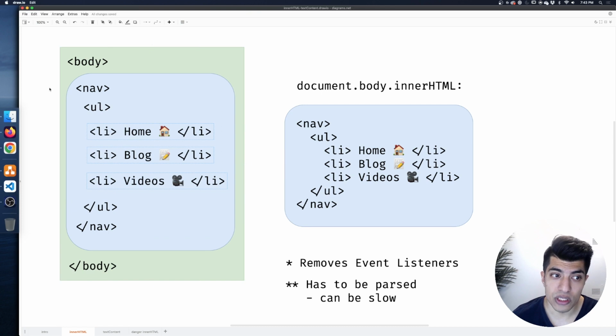Okay, if we were to do this on the nav, we would be getting the UL and all the list items inside of it. It's all of the HTML that's nested inside of that element that we're asking for the innerHTML of, including all the child elements. All right. So you can see in this case that we get the navbar with the UL, all the list items perfectly in there. Now, what's nice about this